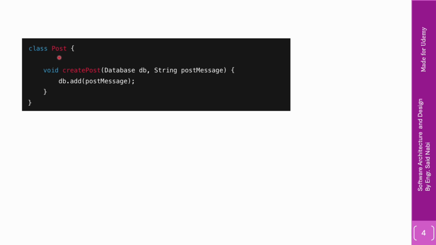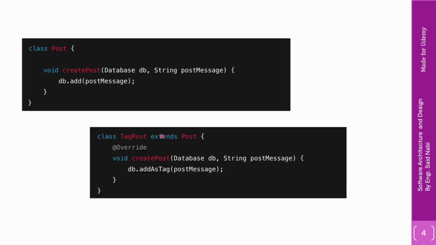So what I can do now is quite simple. Instead of changing this existing class, I can extend this class. By extending, I mean I can inherit this class in my new class, and then in that new class I can add a new feature instead of changing the existing class. By doing this, we can actually follow the open closed principle. Here you can see I've extended the Post class, and I added the TagPost, where I would like to store all the posts that have tags. Here you can see I have provided the definition.